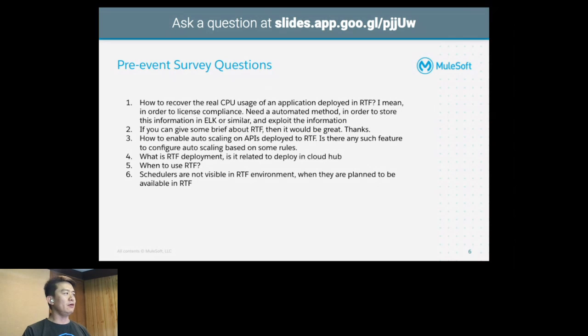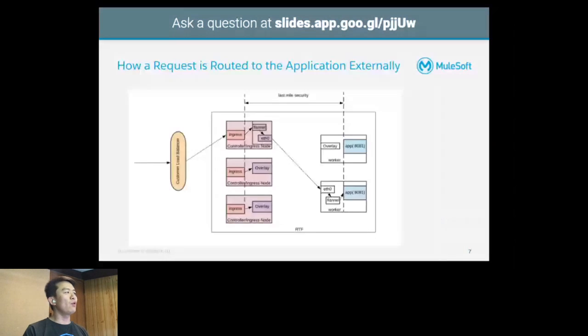So a request coming in first hits the customer load balancer. In the RTF, we require a customer load balancer in front of an RTF cluster. If you deploy on-premise, you can use an F5 device. If you deploy in the cloud, you can use an AWS or Azure load balancer as an external load balancer. So the request hits the load balancer, and the load balancer will route the request to one of the